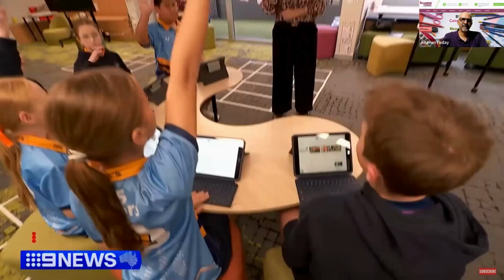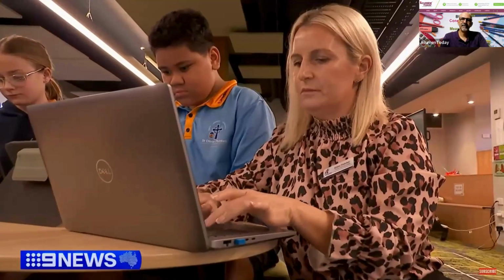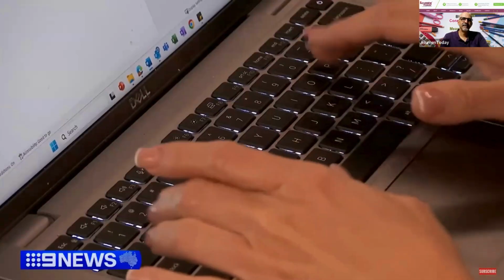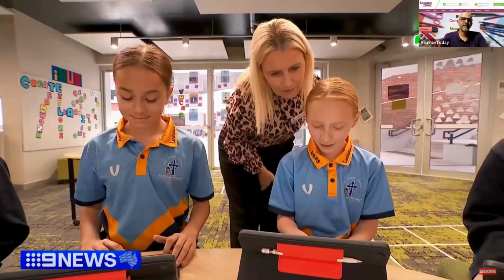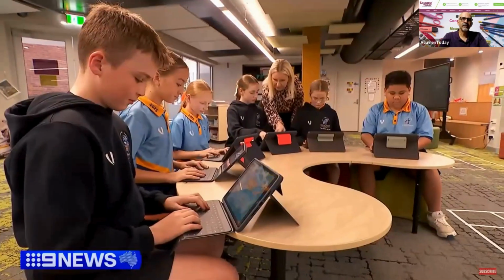Artificial intelligence is hitting Queensland classrooms. In the hands of children, it could be detrimental for their learning, but for teachers, it could be a game changer. Computers, planning lessons, and potentially one day marking students' work, saving hours every week. It's long been feared what artificial intelligence could do when it hits our classrooms. But now it's well and truly here, and we're being told AI could actually be the key to success in schools. We create tasks, activities, resources. A lesson already learned at Brisbane's St Oliver Plunkett Primary. It saves so much time for our teachers, which means that they can do what teaching is about, engaging and teaching and being with the students.